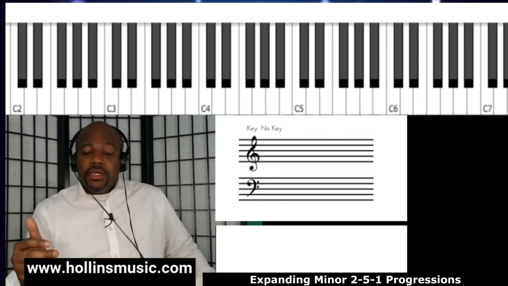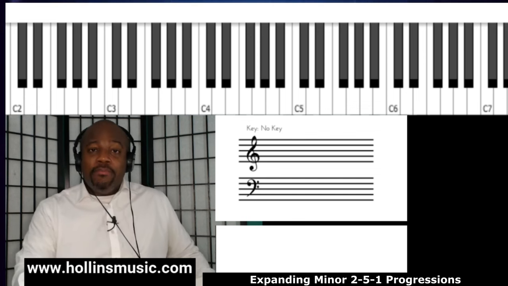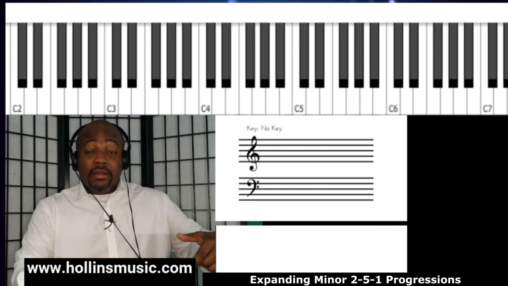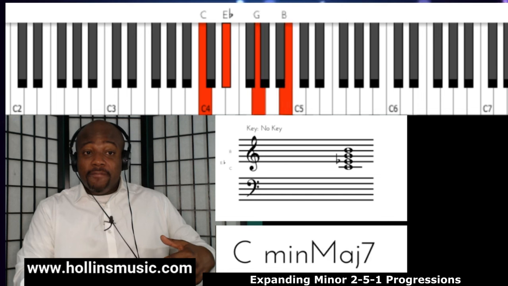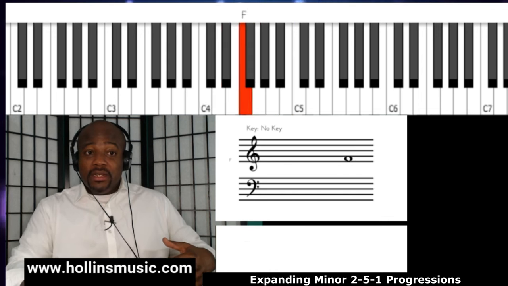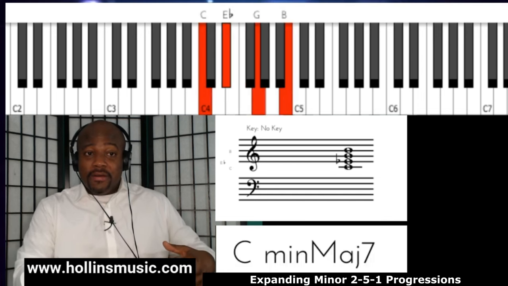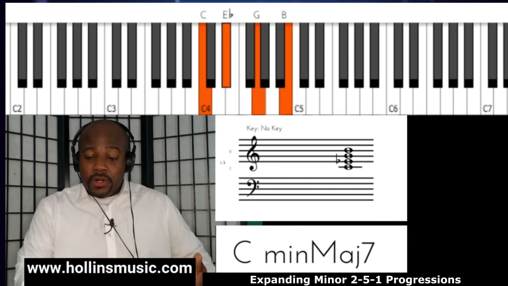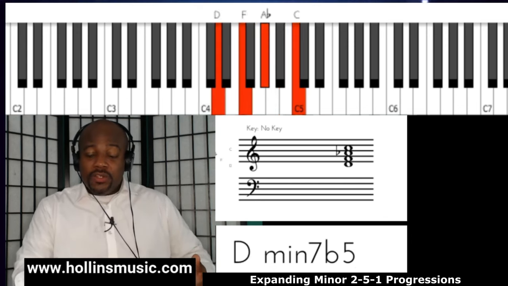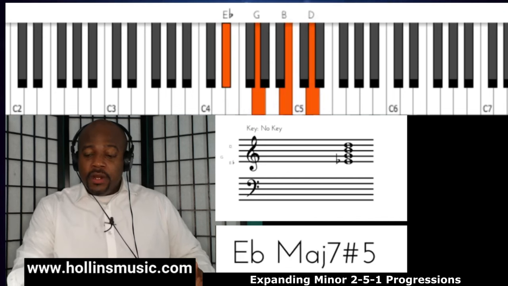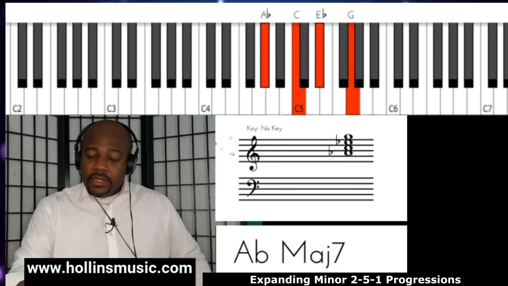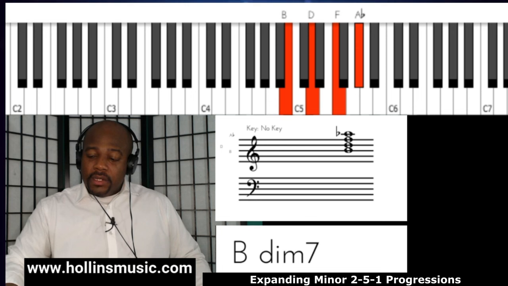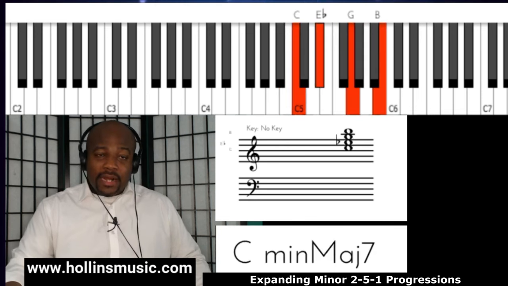Now, what we do is we take those notes of that scale and we build chords just like in the major scale, okay? So the first chord would be this, because this is now the scale. All right, so this would be the 1 chord. We keep moving. This would be the 2 chord. We keep moving. 3 chord, 4 chord, 5 chord, 6 chord, 7 chord, and back to the 1 chord again,